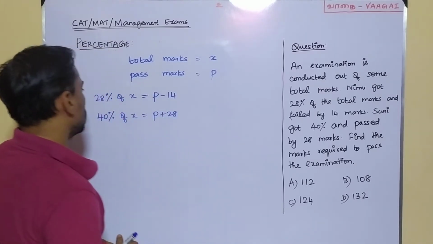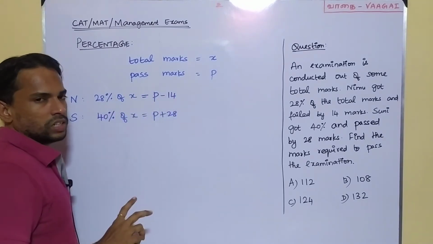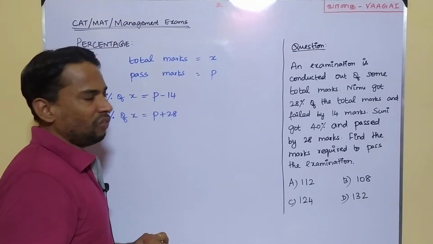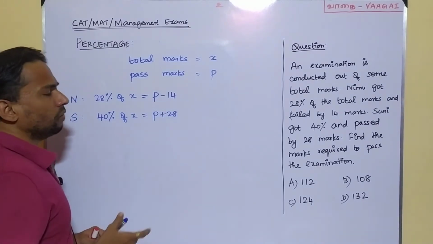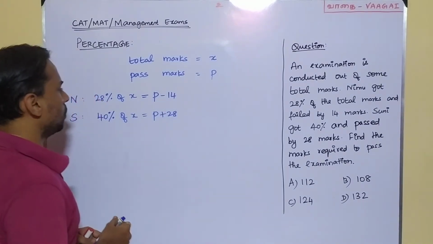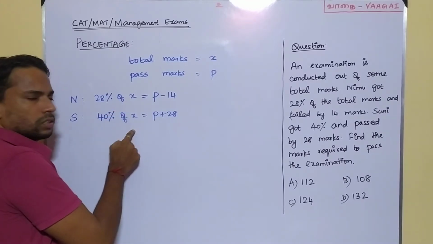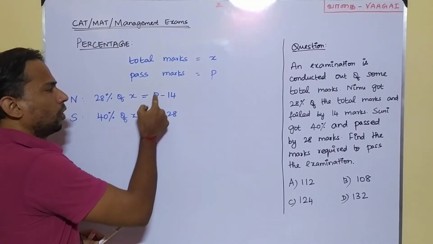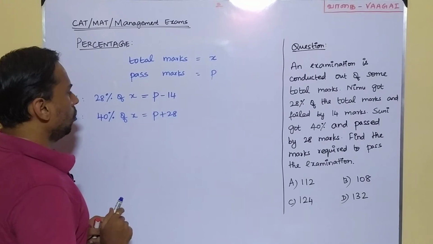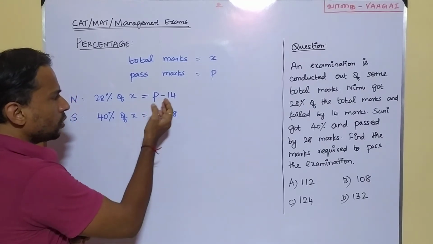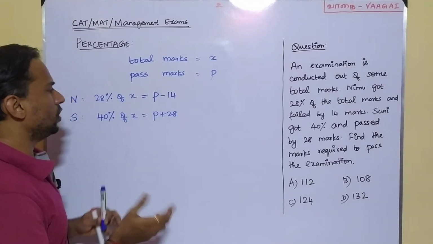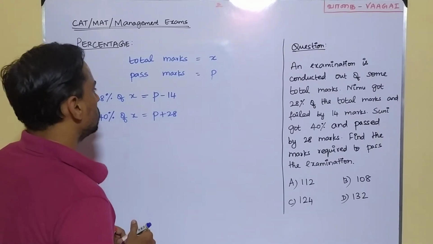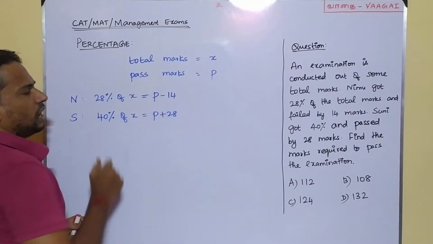That's it. Now we have to play with these two equations and find the value of p. What I can do here is a very simple thing. Both these expressions contain x and also both of them have p. So now we will try to equate the value of p, so that from this first equation I will be getting